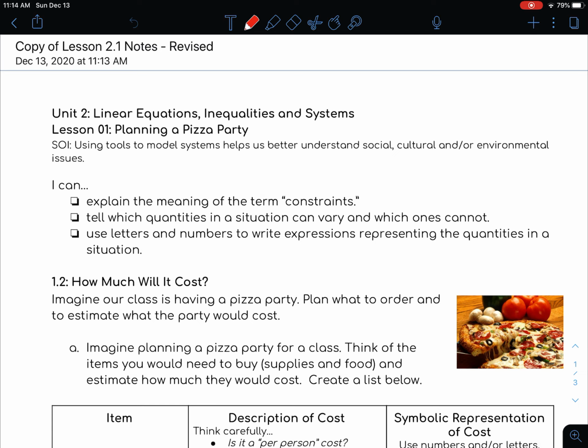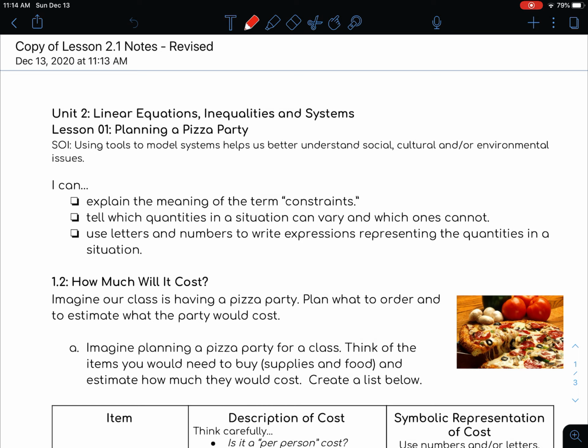All right, we're going to begin our new unit, Unit 2 on linear equations, inequalities, and systems. And today what we're going to try to do is relate back to some things that you guys may have done a little bit before in algebra, writing expressions. But we're also going to be going right into how to use the expressions and equations to model a real